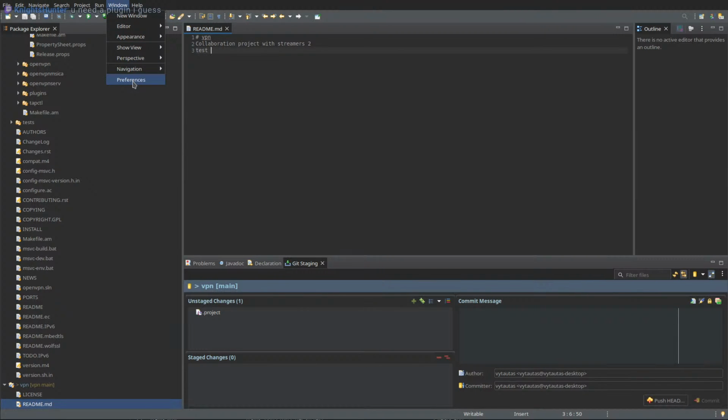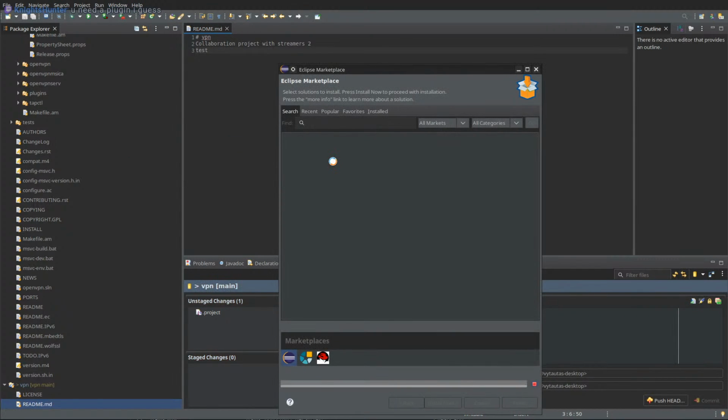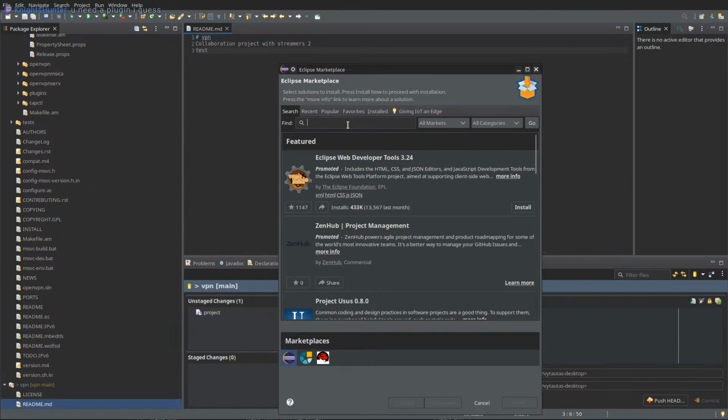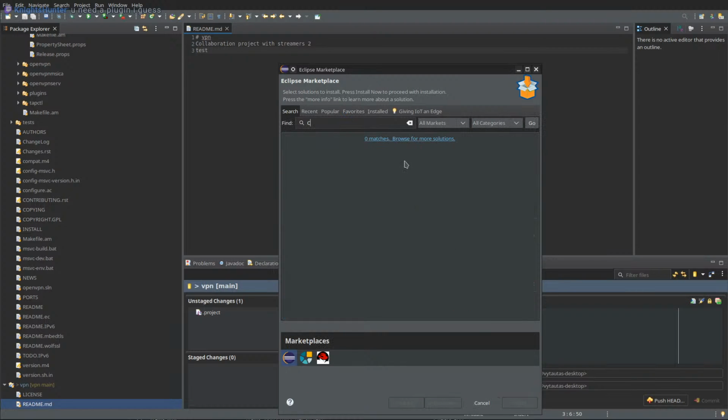Yeah, I need a plugin, yeah, looks like it. It's Marketplace. I saw stuff for C++. Should be a plugin for C. I wonder how hard it will be to find though.